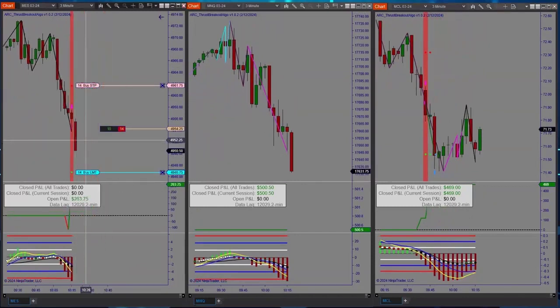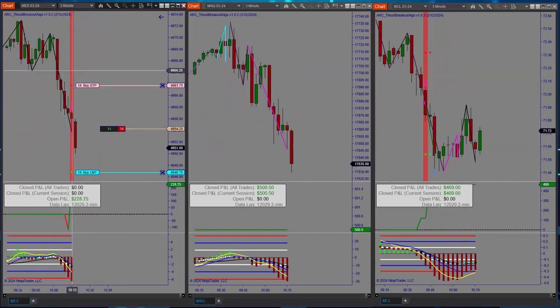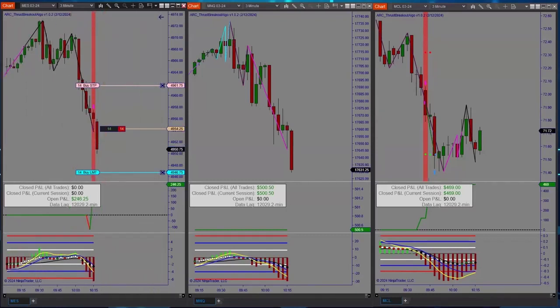Okay, we're going short here on MES. We've got drop, base. Looks like another drop candle into a couple base candles. And you can tell, looking at these candles, it's hard to identify whether this is a drop candle or not. The system's programmed to identify exactly how big the candle needs to be. You can set preference based on how big you want the body of the candle to be versus how big you want the wicks to be versus how big you want the extended range candle to be based on ATR, which is, again, just brilliant. What they've been able to do with this algo here. It's great. So it looks like this is on its way. Let's see how it goes.